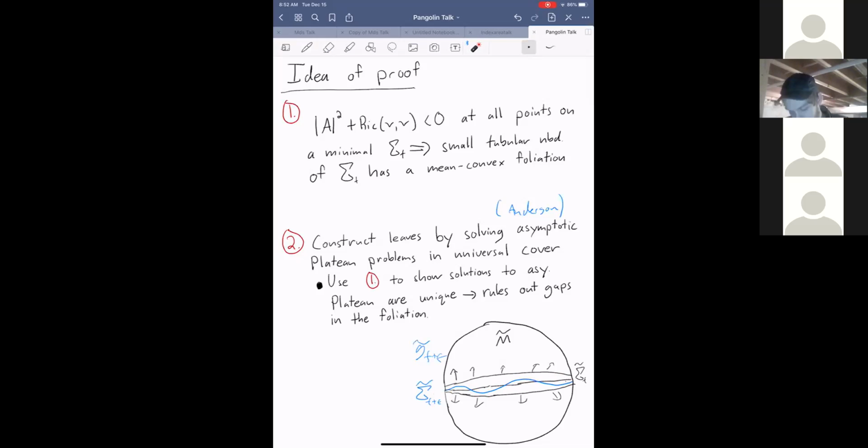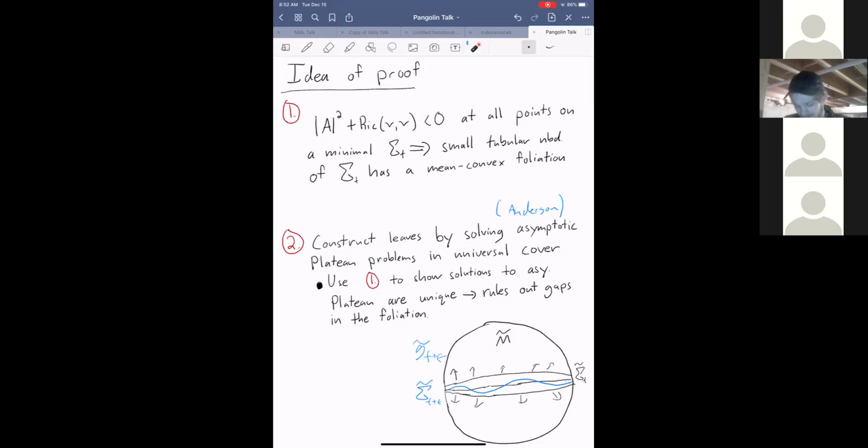And so this construction of these surfaces, like the blue sigma sub t plus epsilon tilde, is going to be equivariant for the action of the fundamental group of M on the universal cover of M. And so basically this whole thing is going to descend to M, and we're going to get a foliation of GR2 of M. And yeah, there are a lot of details in this I'm not saying, but I would say probably the